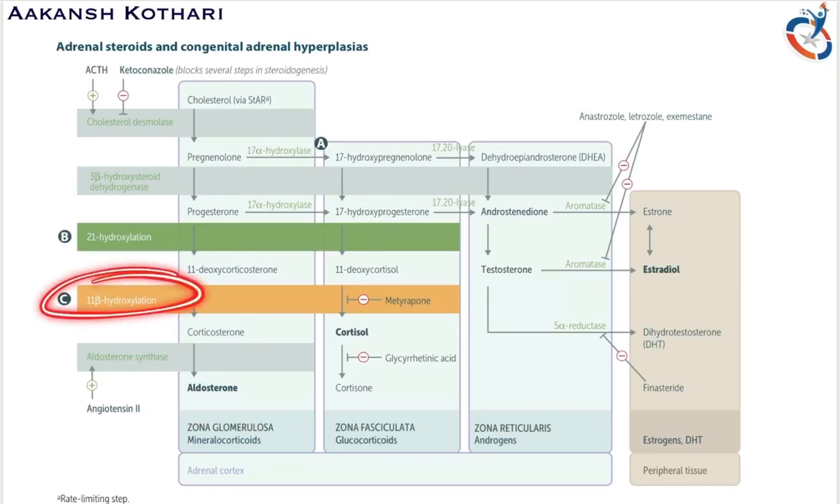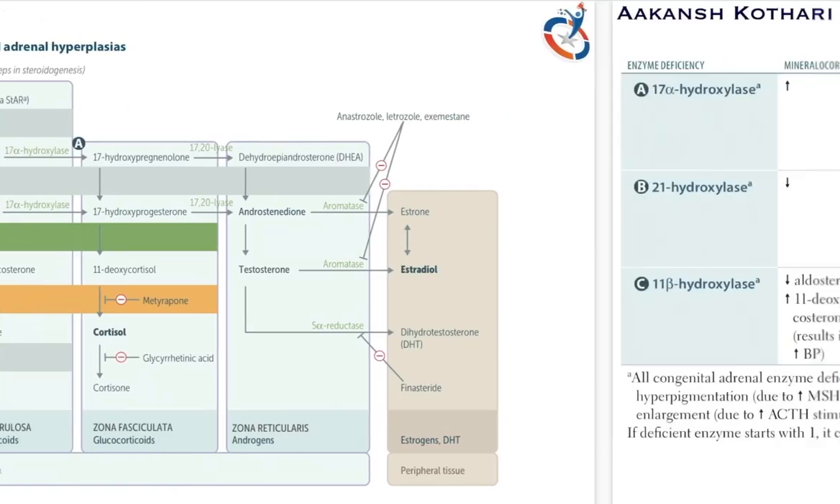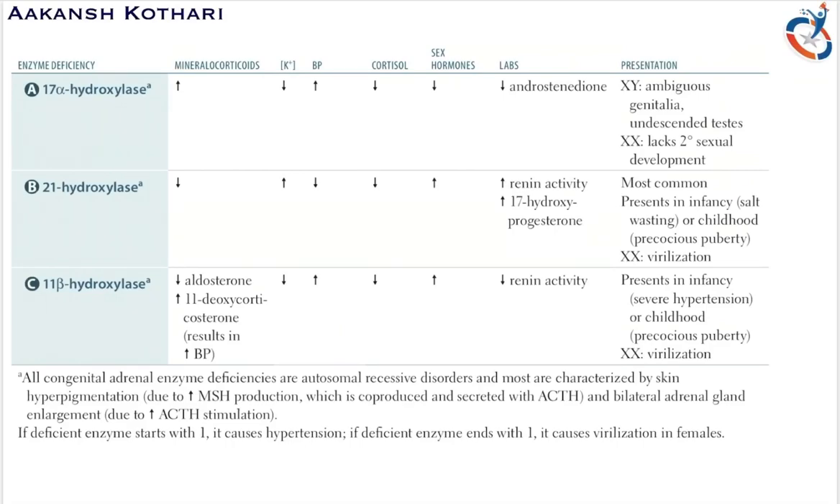Due to the deficiency of 11 beta hydroxylase, there is an increase in the 11 deoxycortisol. There is decreased production of mineralocorticoids, that is decreased production of aldosterone, but there is an increased production of 11 deoxycortisol. And hence, due to this increased production, it results in high blood pressure. Is it clear? Even here, there is a decreased renin activity due to